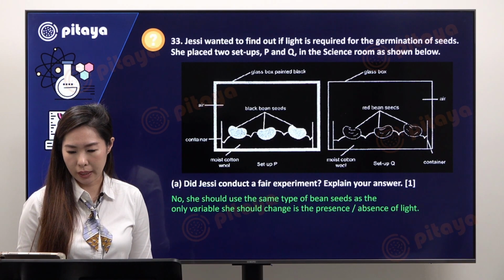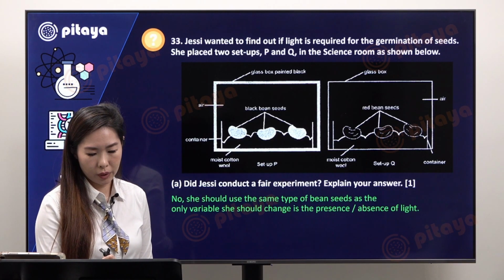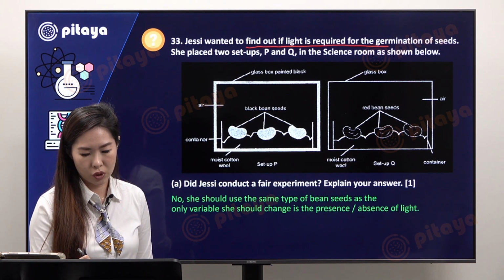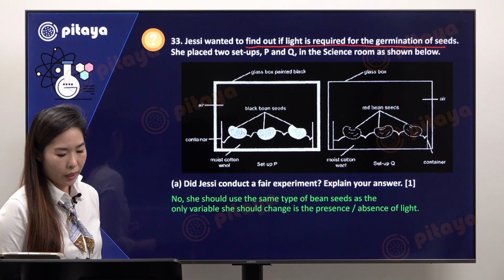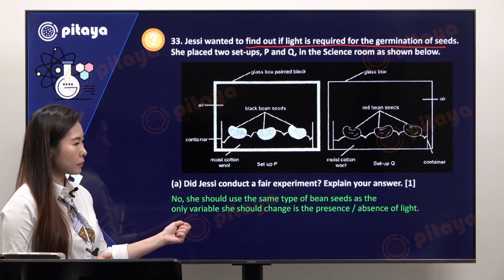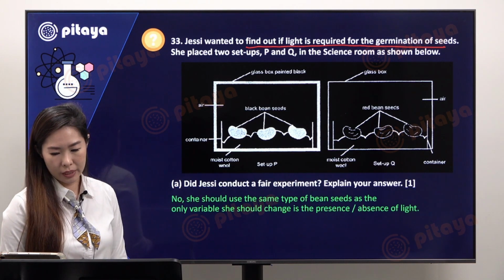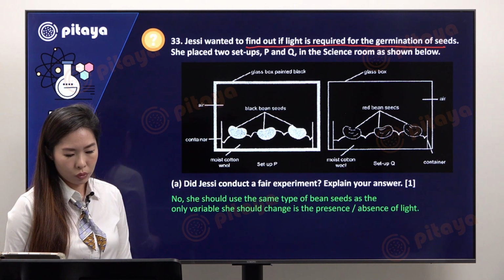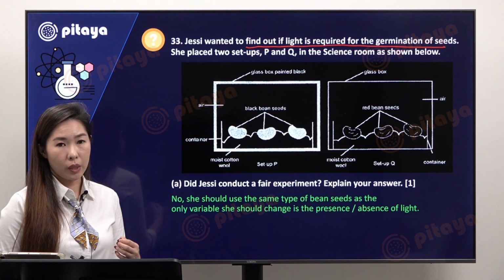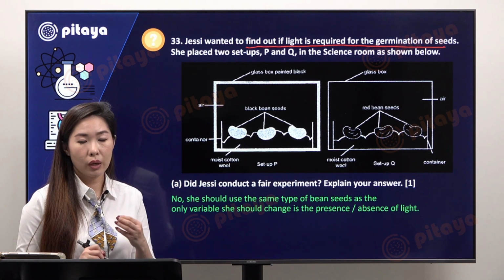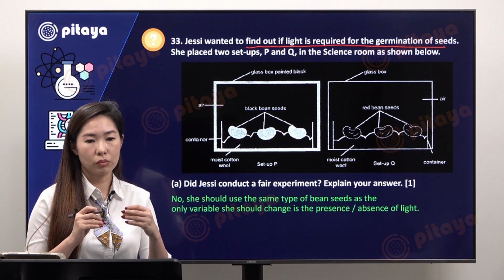About experiment design. The aim is to find out if light is required for germination of seeds. So her experiment is designed in this way. Easy question for this: did she conduct a fair test? The answer should be no. And whenever you're explaining why it is not fair, you have to write down, if it's